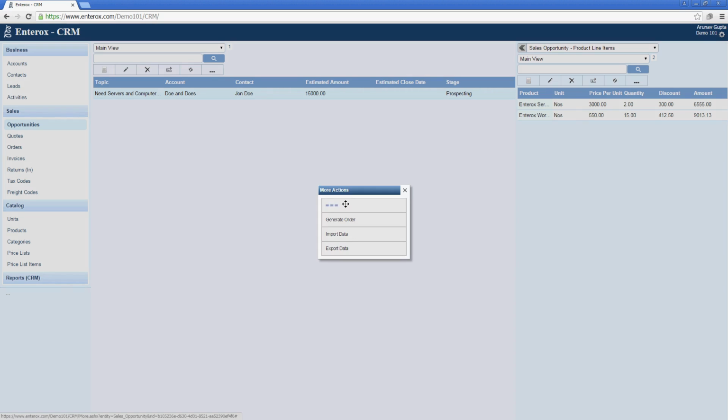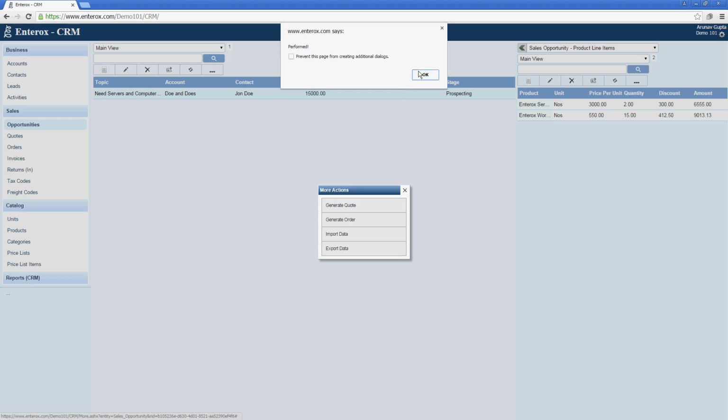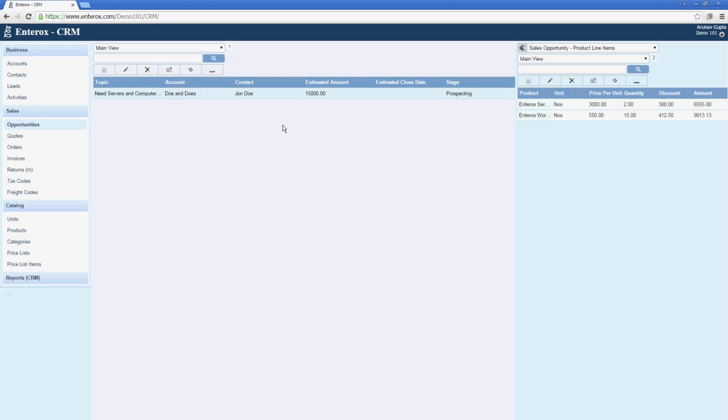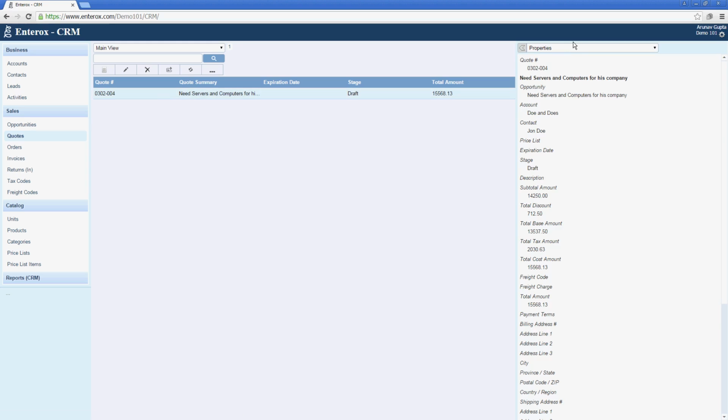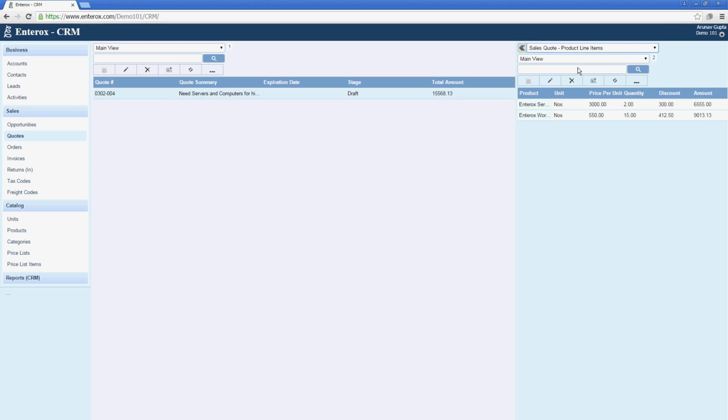You can actually directly create orders if the negotiation is already done. You can directly create orders from the opportunity, but in this case we'll just create a quotation. So we have a new quotation created. You can see that the quotation would also have product line items corresponding to the product line items that we